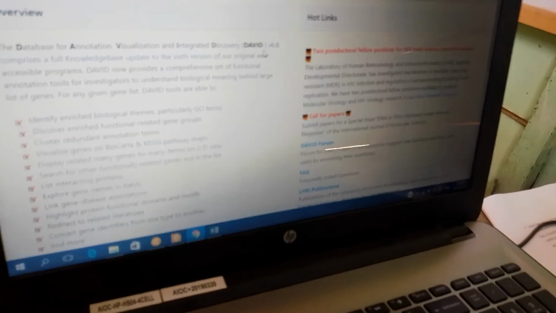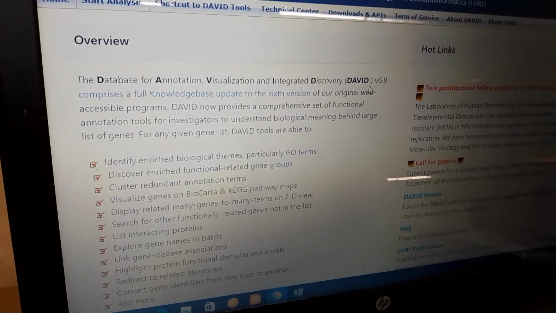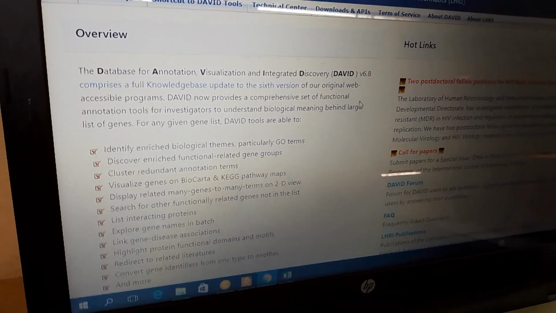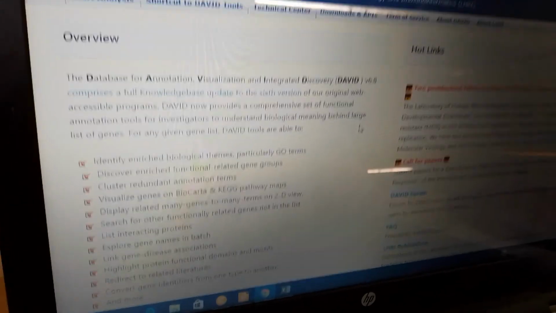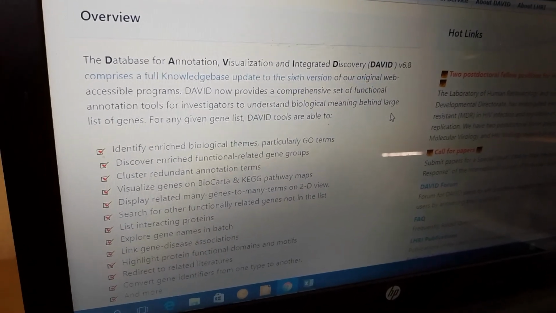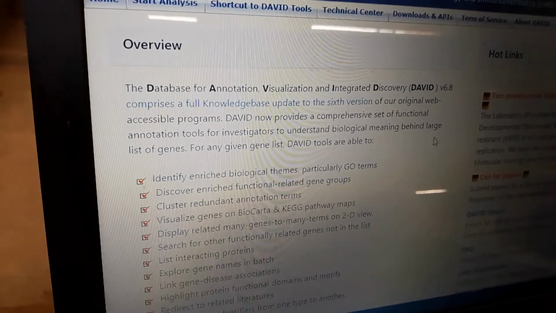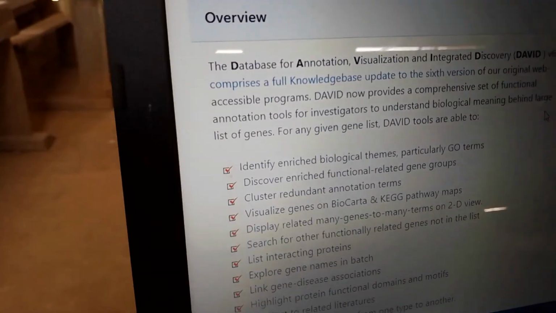So we see some information that has been given. If you want to read it, you can read it. The Database for Annotation, Visualization, and Integrated Discovery, version 6.8, comprises a full knowledge base. I told you what knowledge base is. Knowledge base update to the 6th version of our original web accessible programs. You have signed out? Okay. DAVID now provides a comprehensive set of functions